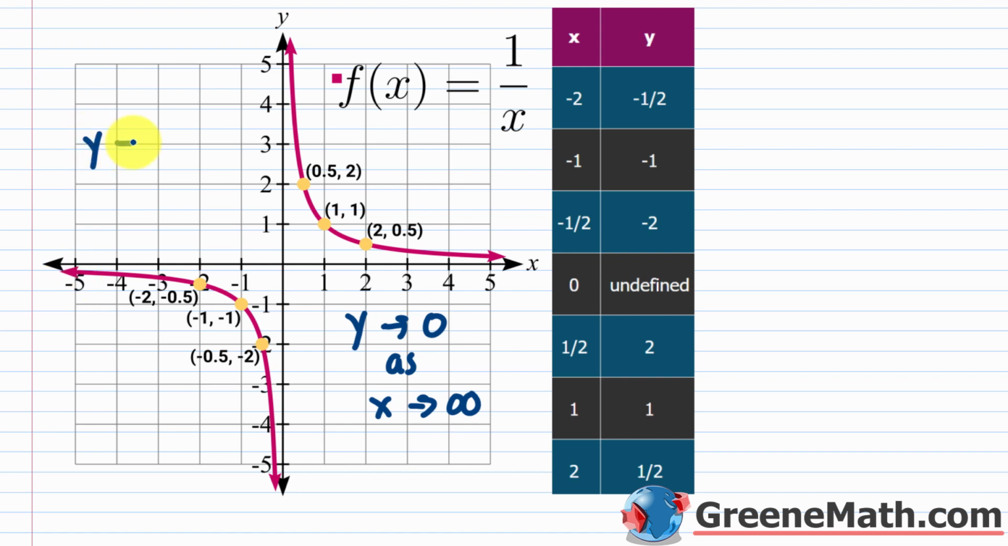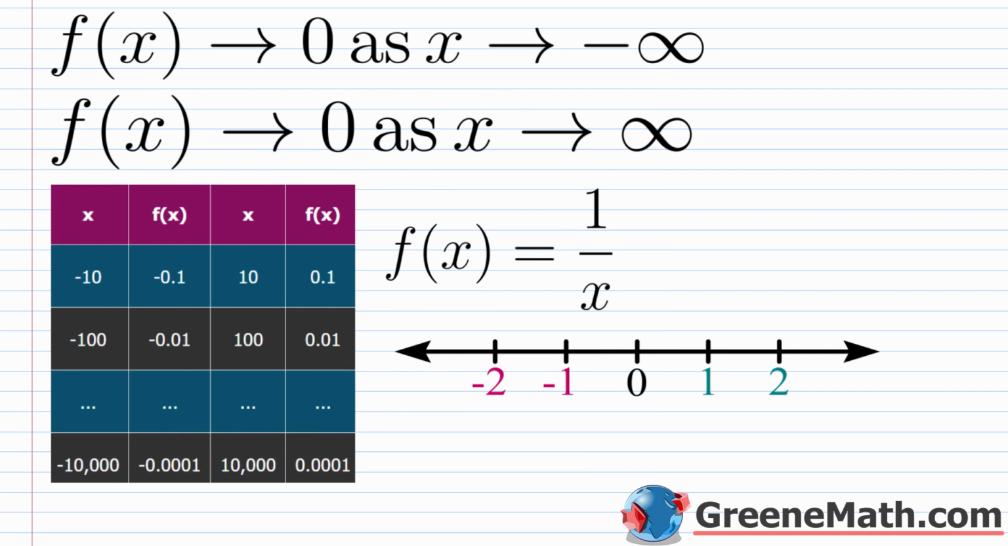So we're going to say y approaches 0 as x approaches negative infinity. Again, you can also think about this with a table. You'll see this in your book. So you have f of x or y approaches 0 as x approaches negative infinity. Just thinking about that, x now we're thinking about as it decreases without bounds. As we keep going this way on the number line,